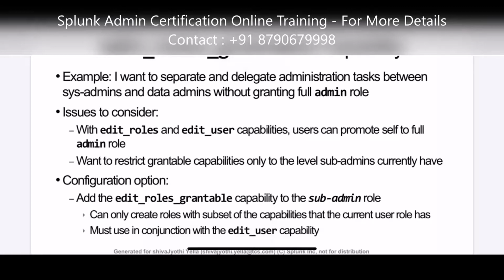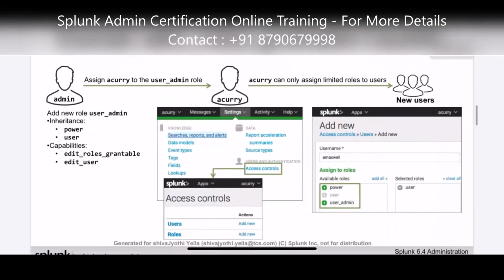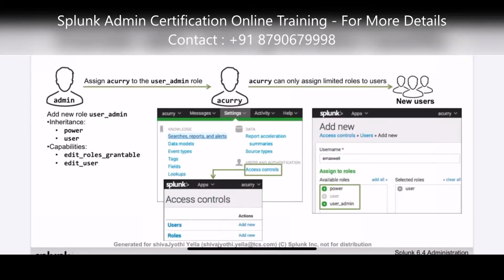Users are more concerned about the indexes they are seeing in Splunk. They only need read access to specific indexes. And if they want to create any dashboard, at that time they'll ask us for access to different knowledge objects.